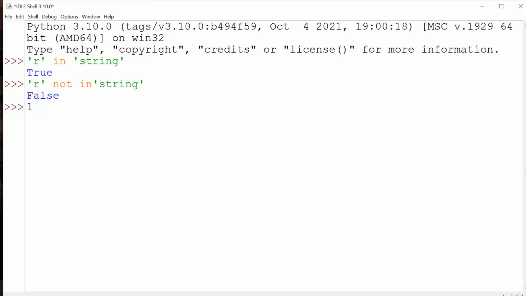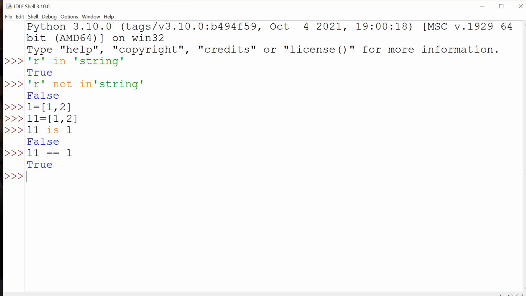L is equal to [1, 2]. The same value we are going to assign to L1: L1 is equal to [1, 2]. Check L1 is L. It returned false. Now check L1 double equal to L. It returned true.